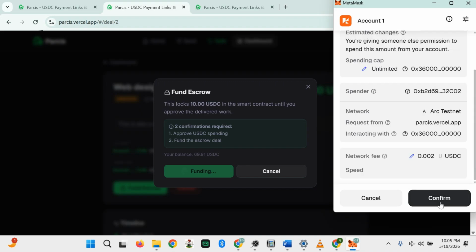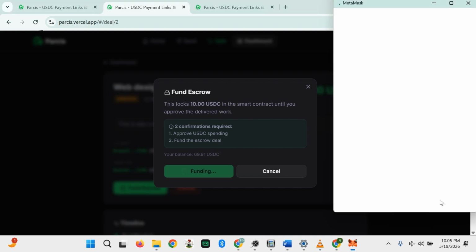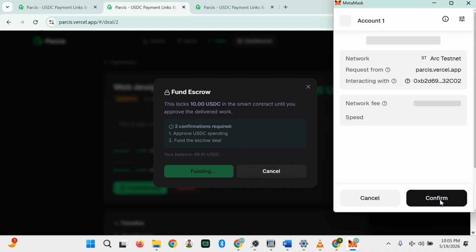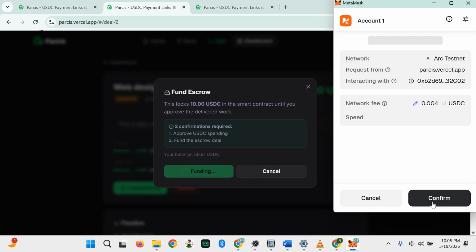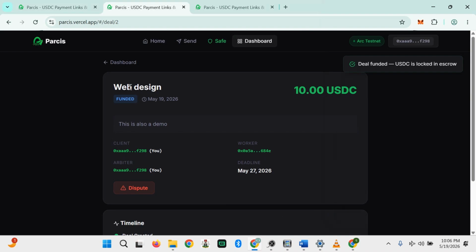This is for the spending, so now we're requesting deducting 10 USDC from my wallet. So I have successfully funded this escrow.